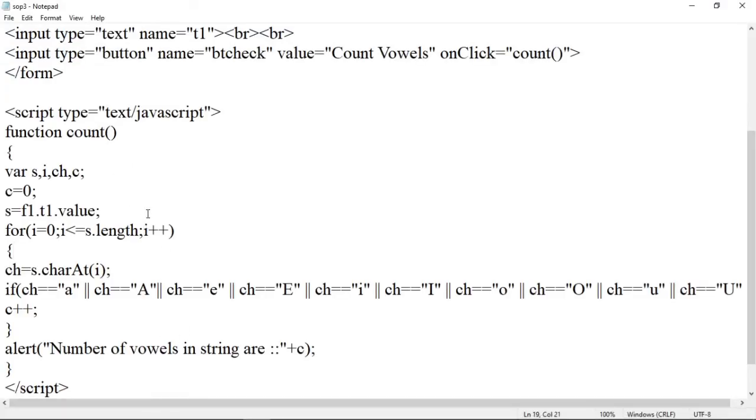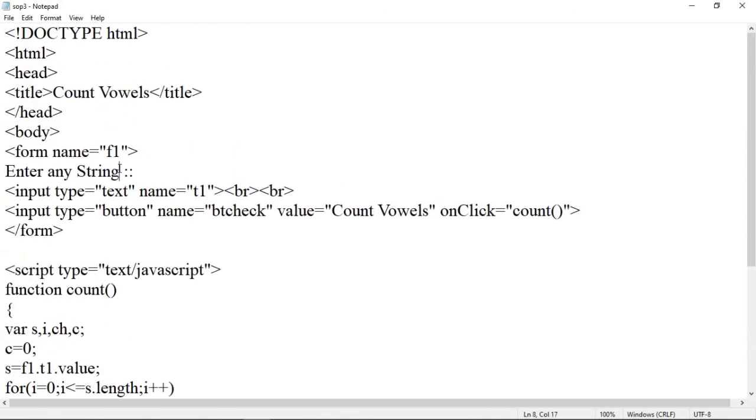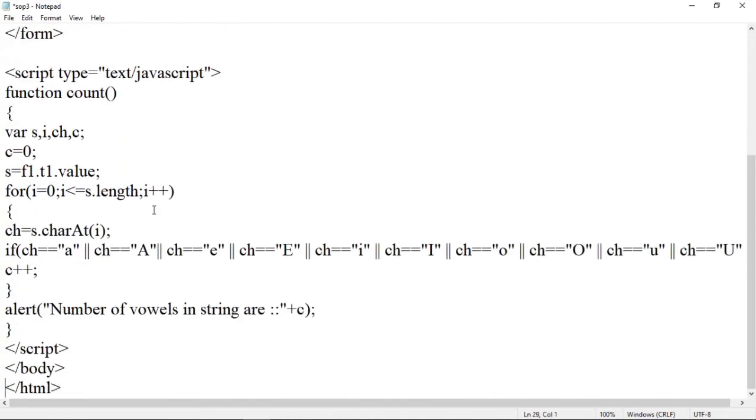Okay. Suppose here let us change it to enter your name, and here for alert, number of vowels in your name